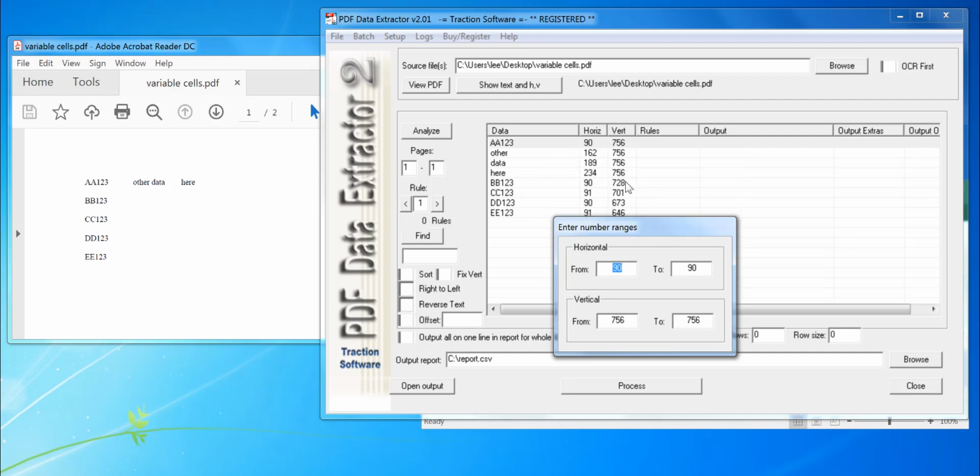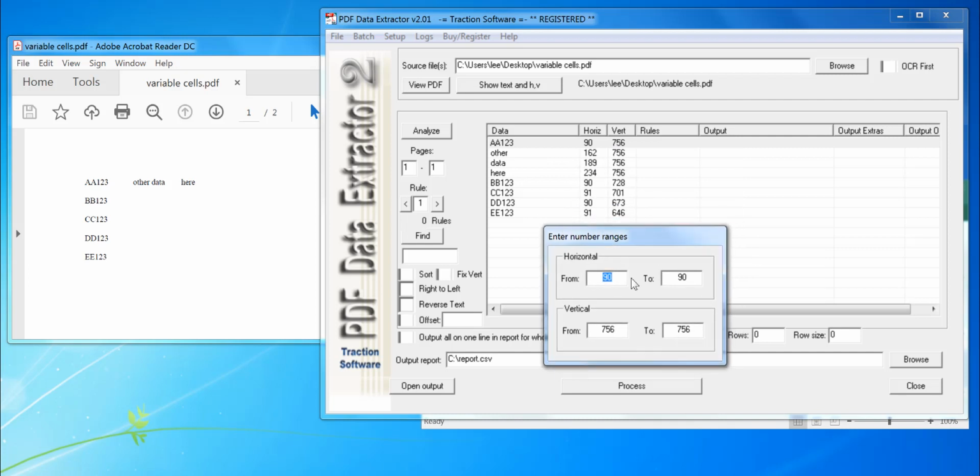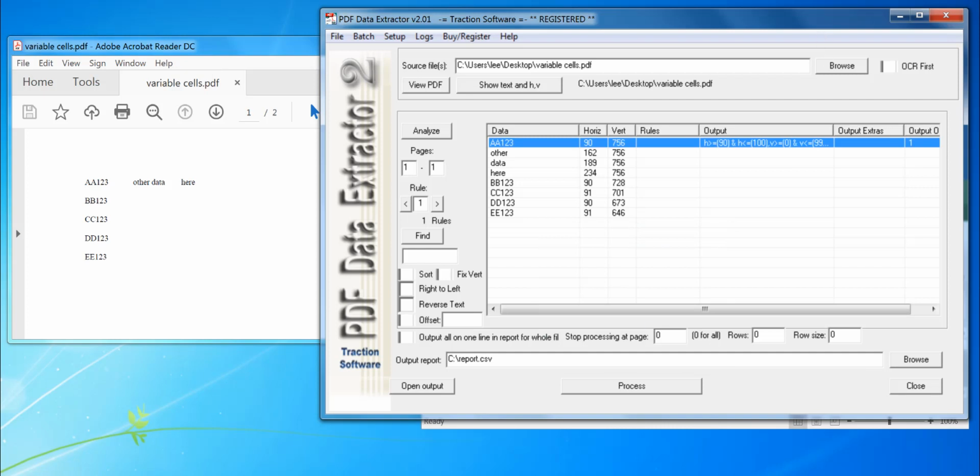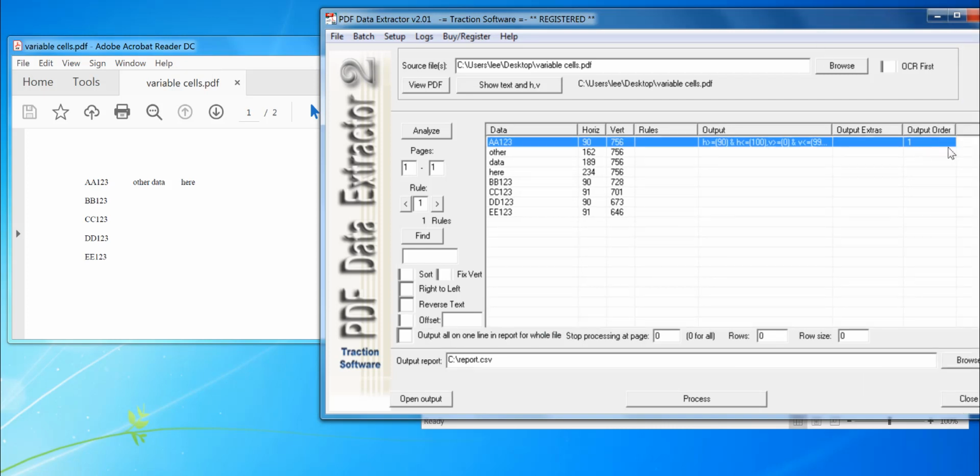Now horizontal, you want to make sure it's in the range. So I'm going to do 90 to 100. Vertical, because there's a random number of cells that will output, I'm going to do 0 to 999, and that will do the whole entire page. So that's straightforward. The output position, output order should be 1. So if I now process that,